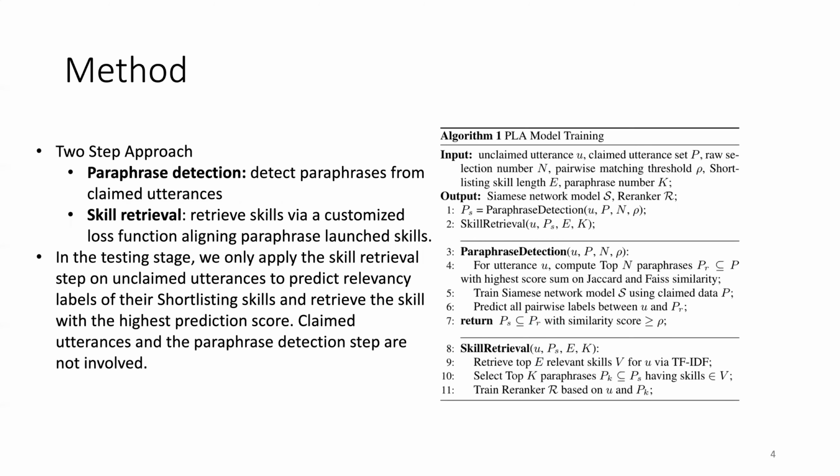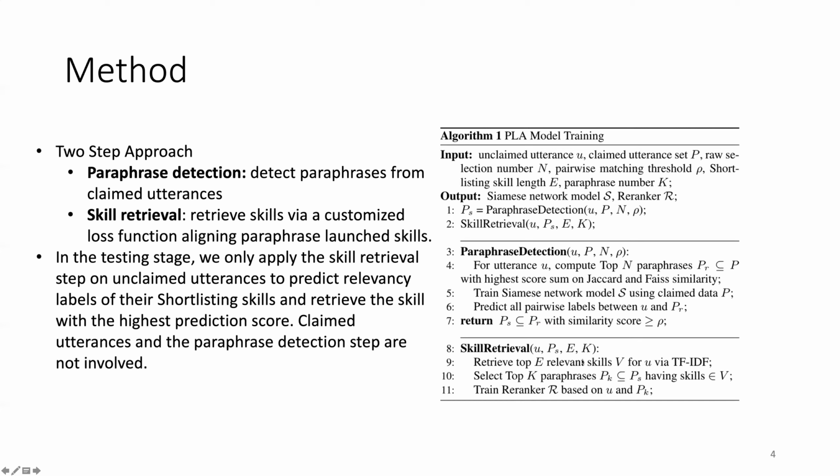So the method for fallback skill recommendation is a two-step approach, including paraphrase detection and skill retrieval. The paraphrase detection detects the paraphrases from the unclaimed utterances. Those claimed utterances are associated with launched skills, and they can give us more information from the content side as a data augmentation. And the skill retrieval model is to retrieve skills via a customized loss function, aligning paraphrase and launched skills. The pseudocode shown in the red part shows the